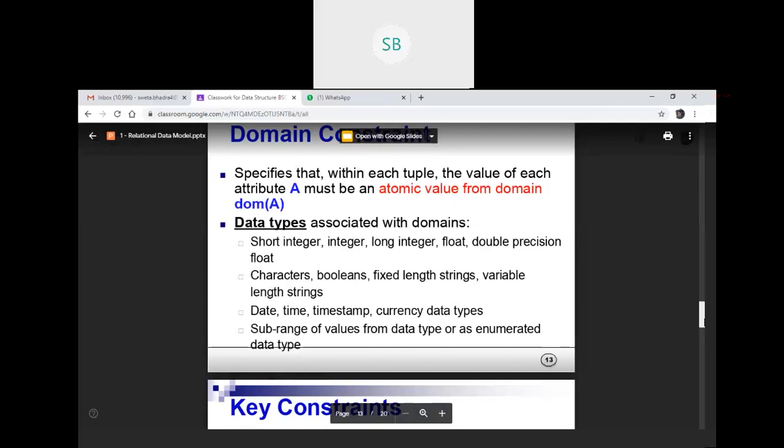We can use any one of them, but it's not acceptable to use different formats in different rows. That is the domain constraint.